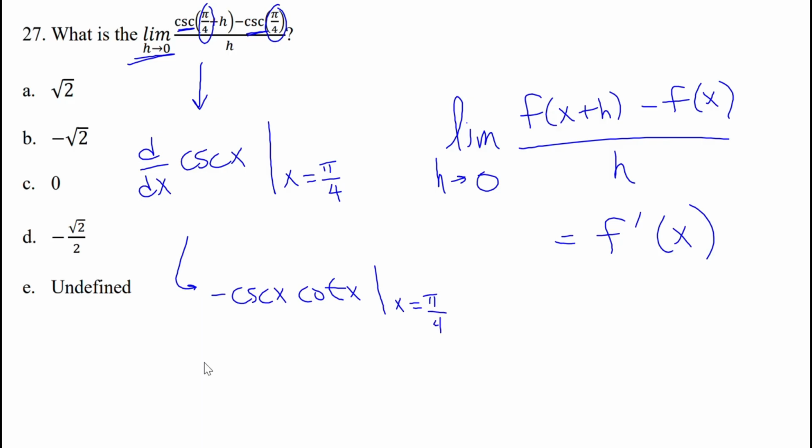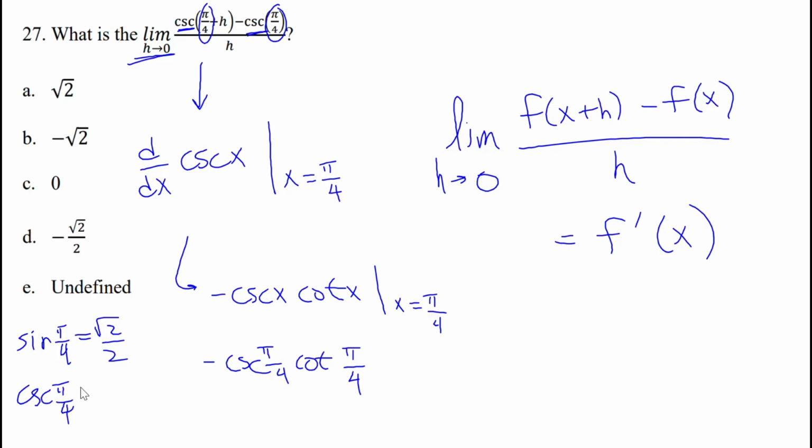which means we need the negative cosecant of pi over 4 times the cotangent of pi over 4, right? And so if we're not necessarily doing a great job remembering all of our trig functions, just remember that the sine of pi over 4 is root 2 over 2, right? So the cosecant of pi over 4 is 2 over root 2. Well, we can leave it as 2 over root 2 if we want, but